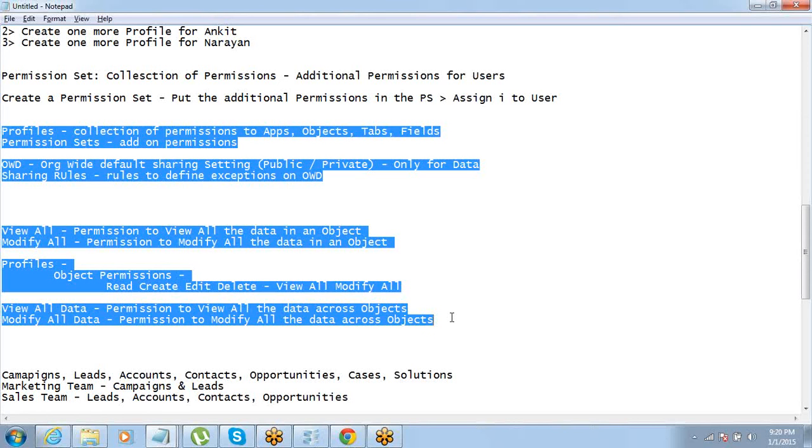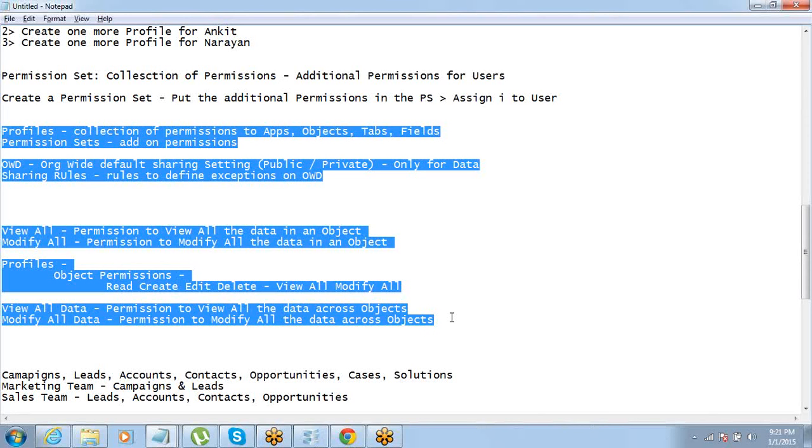If it's about controlling apps, objects, and all these things, it definitely has to do with profiles. If I cannot make changes on the profile directly because others will get affected, and it's just about a user, then go to permission sets. If it's about data, then it has to be OWD. After controlling things through OWD, if there is certain additional permission which is required to be given to some user, think of sharing rules.